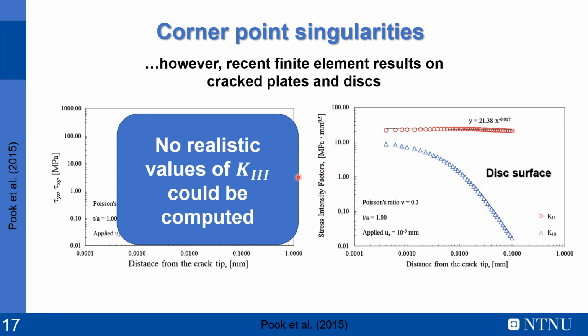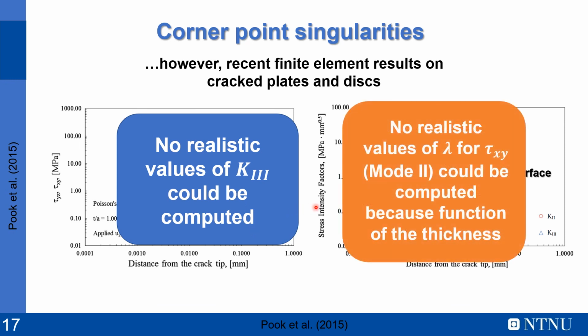Therefore, non-realistic values of K3 could be computed in these works, and additionally, non-realistic values of the strength of the singularity for tau xy, therefore mode 2, could be computed because they have been found to be a function of the